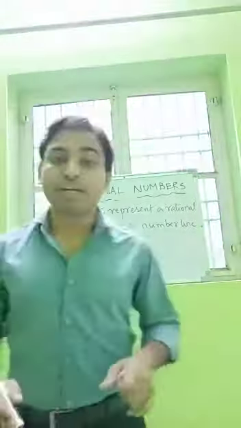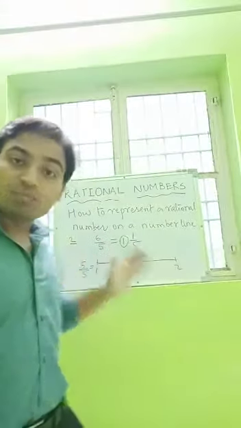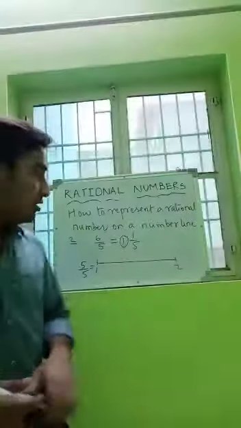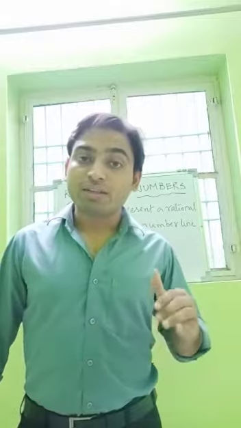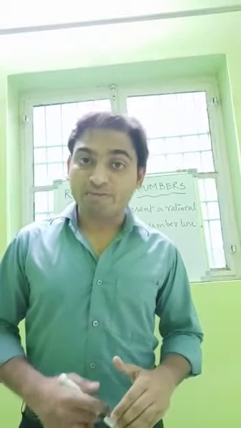See, the given rational number 6 upon 5 has 5 in its denominator. Now we will start from which point? This one. We will make 1 as 5 upon 5. Why do we make 1 as 5 upon 5? Because the given rational number 6 upon 5 has 5 in its denominator. Therefore, we make 1 as 5 upon 5, because if you divide 5 by 5, you get 1. Now see, this point is 1 and this point is also 5 upon 5. Therefore, divide the given number line into 5 parts.